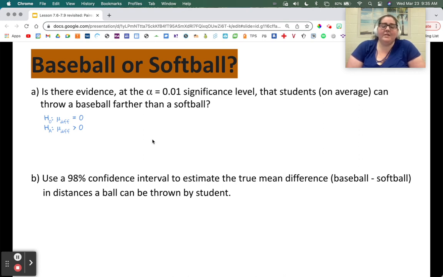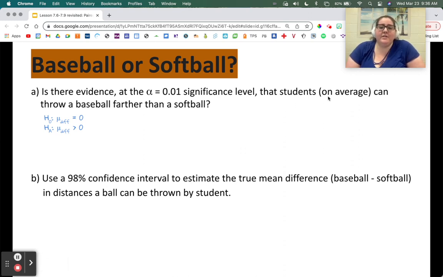So the way we would write that, since our parameter was mu diff or mu d, it was the difference. My hypothesis statements look a little bit different than they would for a two sample. So my null hypothesis for a two sample and for paired is that there's no difference between the two groups of numbers. So the way I write that for a paired is to write mu diff equals 0, meaning that the difference between the two means is equal to 0. Our alternate is going to be either mu diff greater than, less than, or not equal to 0, depending on what the question